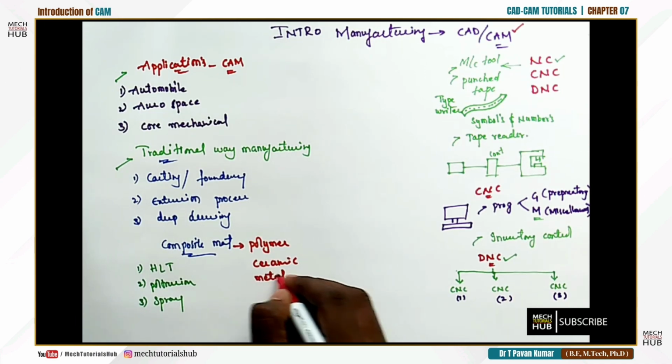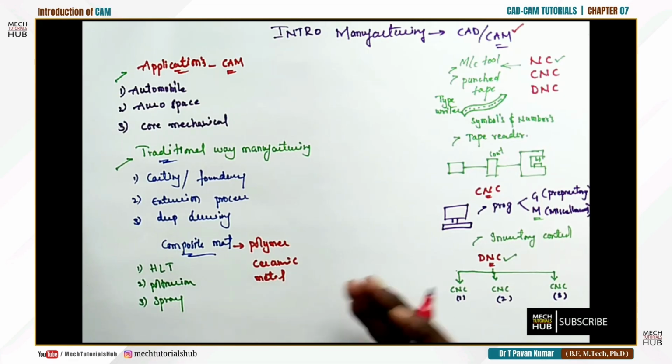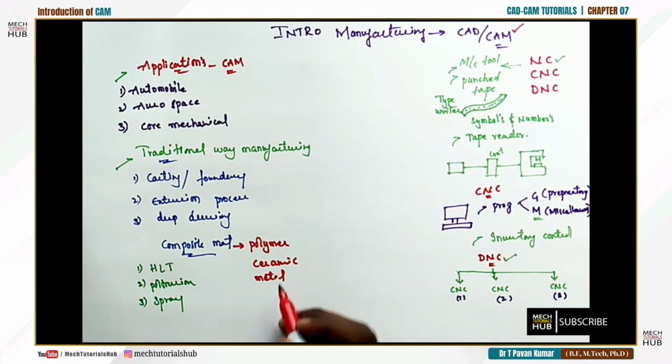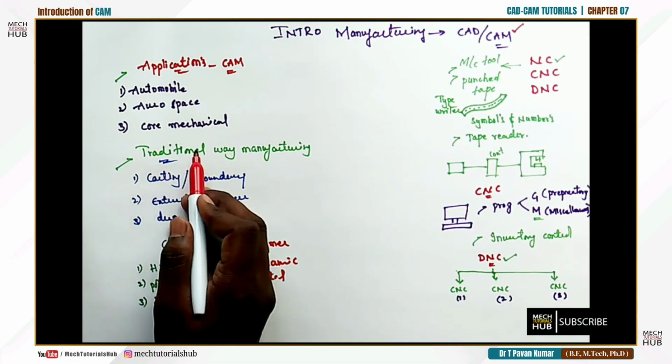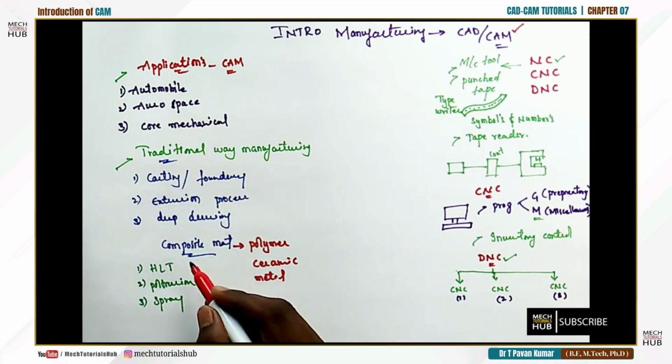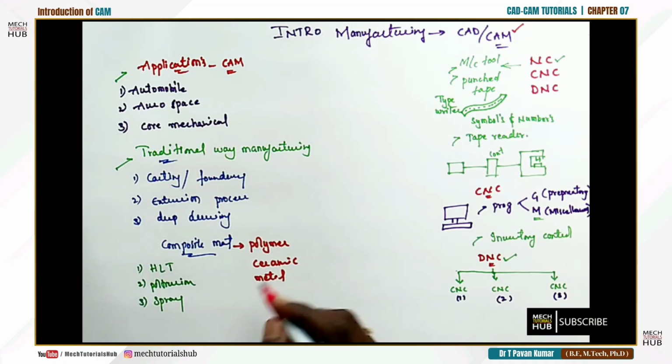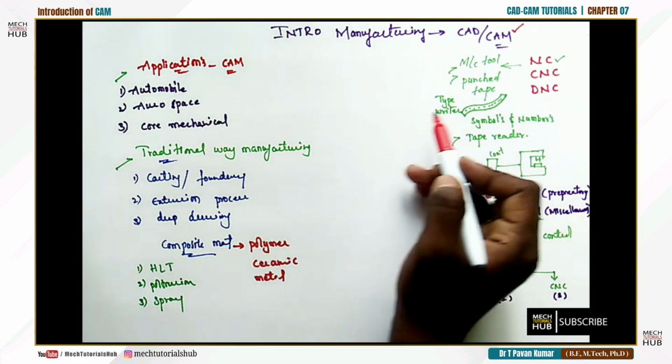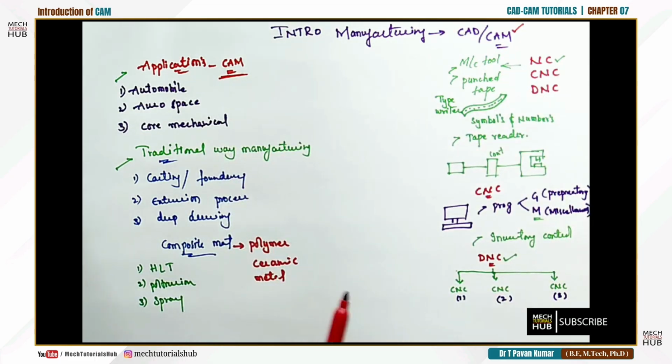It all depends. Okay, these three are different processes other than the traditional way. To overcome this particular traditional way, we come up with some other materials and methodologies to fabricate the material. Fine. Now here in computer aided manufacturing, we are not going to talk about the traditional way of manufacturing. We are going to talk about the technical way, and upcoming technologies we are going to talk about how to